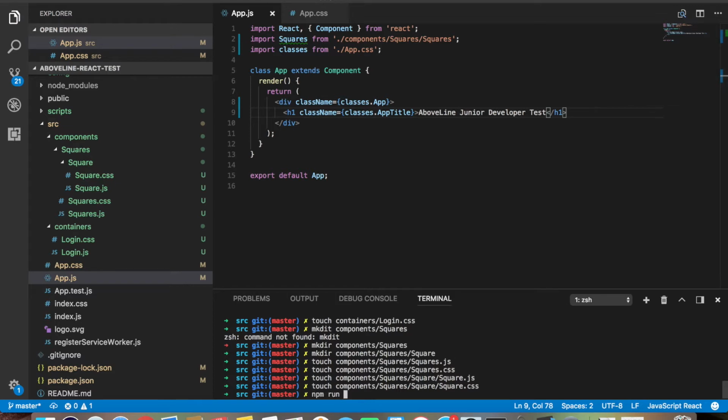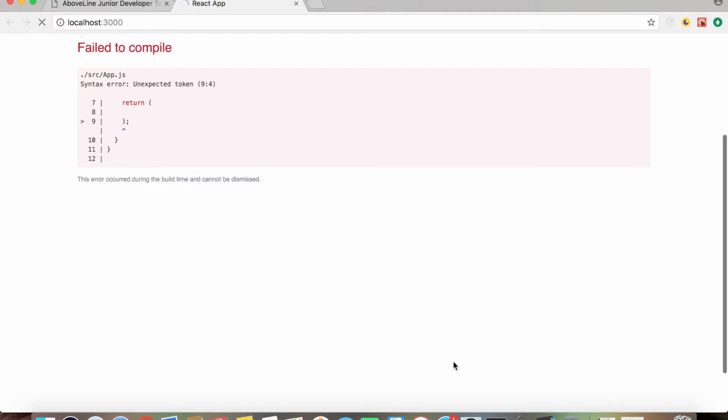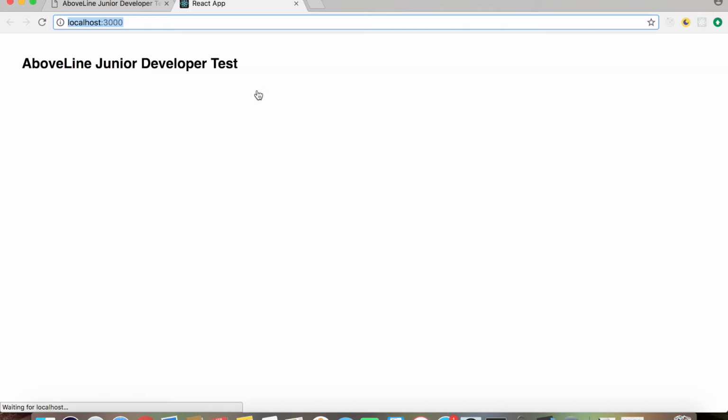So npm run start. And it takes a while to load this. Just give it a moment. And cool. So now we got this thing to render, which is the title, and it has a little bit of spacing here, so it's doing as it was supposed to do. And so going back,